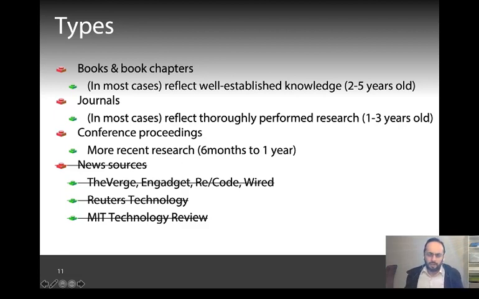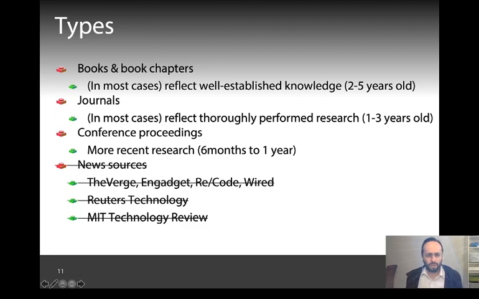The good thing about this type of literature is that it's well established knowledge, so we can be rest assured that it's kind of widely accepted by the community, and it's reliable and valid. On the downside, it might not reflect the newest trend or the newest finding when it comes to that domain that you're looking at, that topic that you're investigating. So there is where the second type of